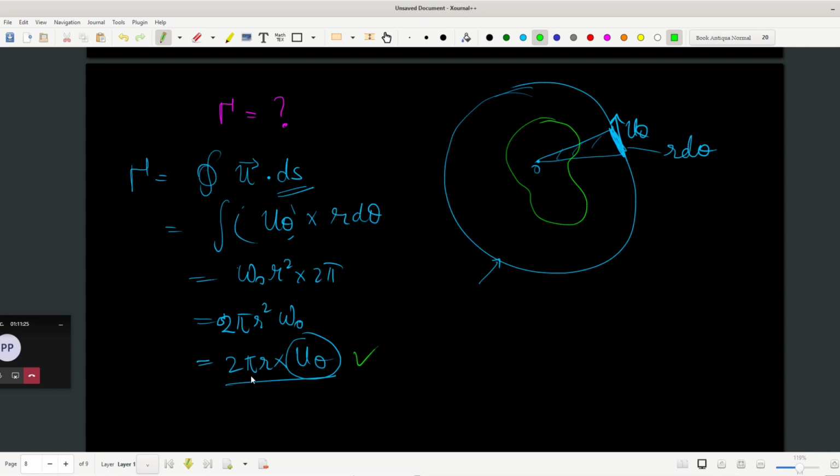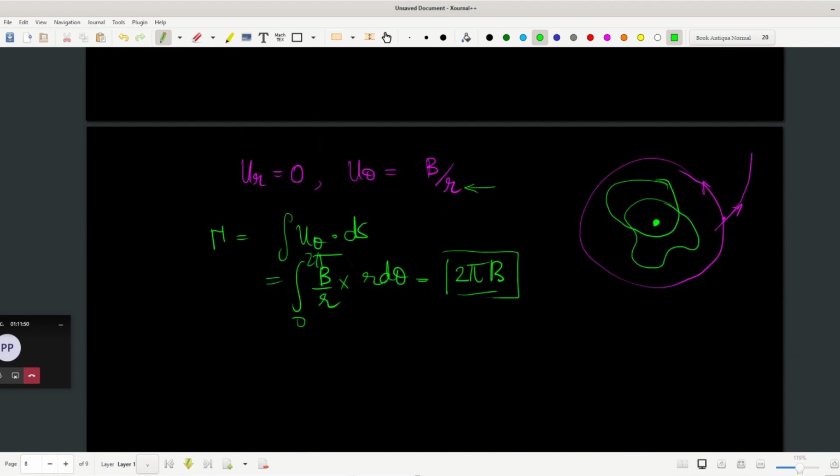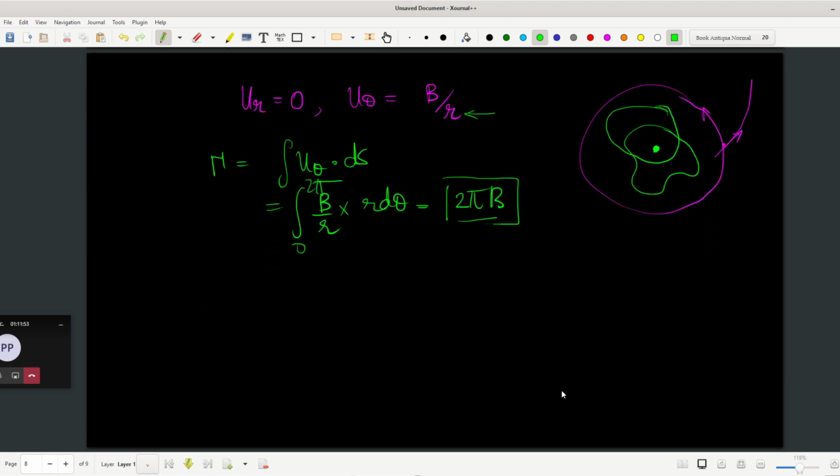It will always be 2 pi r squared omega naught. So then you might ask, what is the r squared? It's actually twice omega times the area of the region that it encompasses. You can easily show it using Stokes theorem. You can take any contour, apply Stokes theorem, and prove this. I leave it as a home task. It's not something you are expected to know in basic fluid mechanics, but people who are mathematically inclined can try to show that.